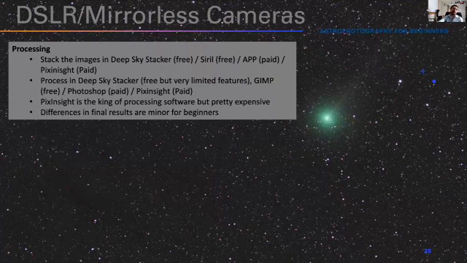So for anyone who's just testing the waters, I might recommend getting started with a free software like Serial instead of jumping in headfirst and buying PixInsight and then not liking astrophotography. So the final results you'll get won't be that different. Now, if you have a fantastic data set and you have a great telescope and a great camera, then of course you can do much more in PixInsight to tease out all that final detail compared to what you can do in Serial or Deep Sky Stacker.